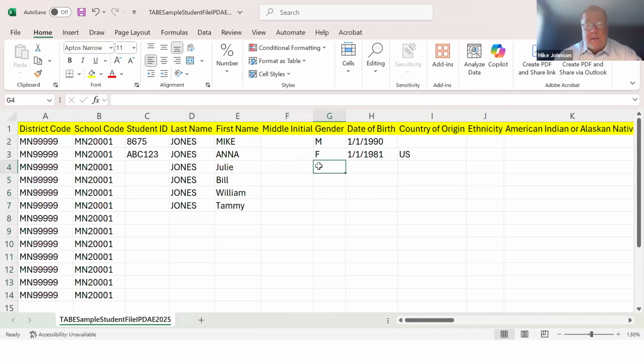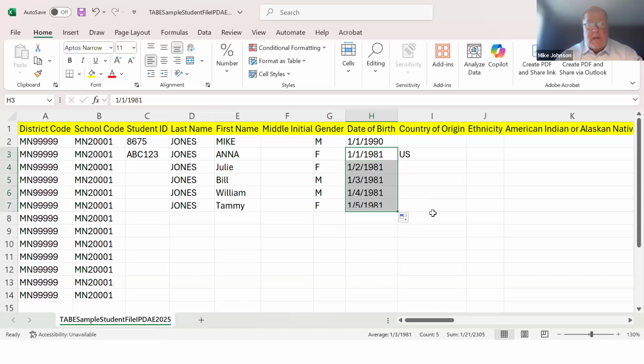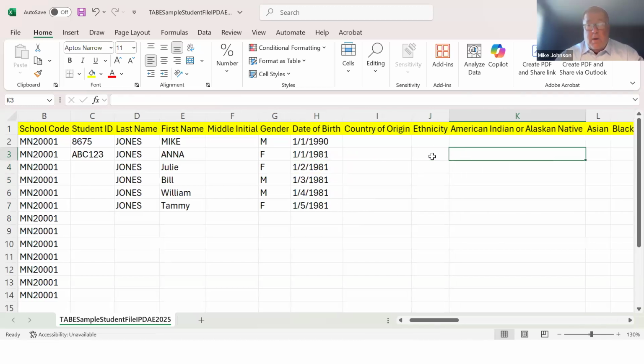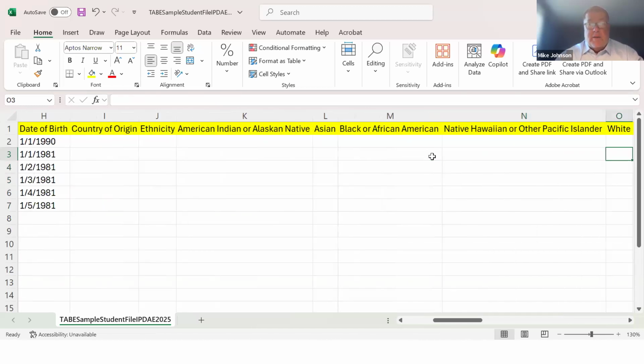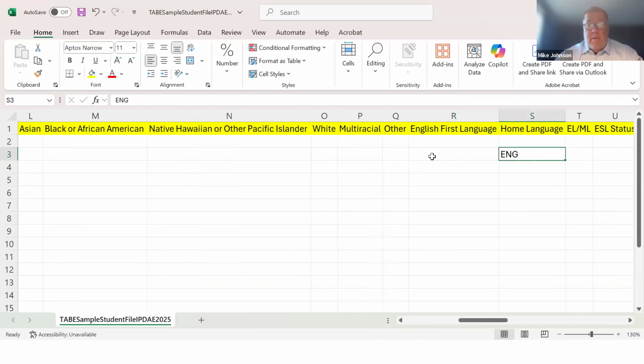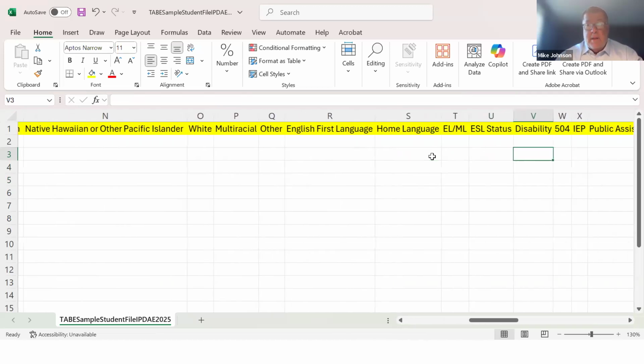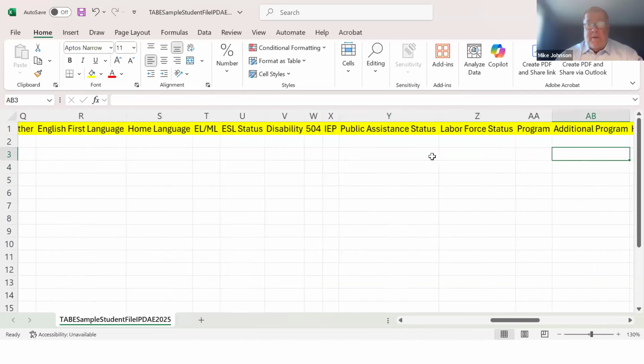I'm going to go ahead and fill in the gender because those are required. And the date of birth, I'm just going to make this easy. Instead of typing, just drag this down, and they're each going to have a different birth date. And we don't need any other information. We don't need country of origin. We don't need their ethnicity as we keep going out to the far right. We don't need to have their home language. But as we get farther out on their